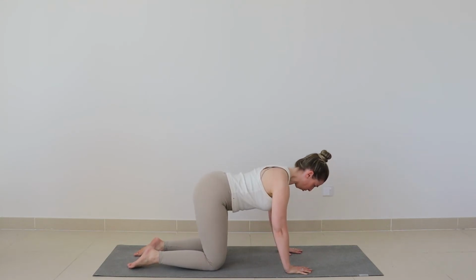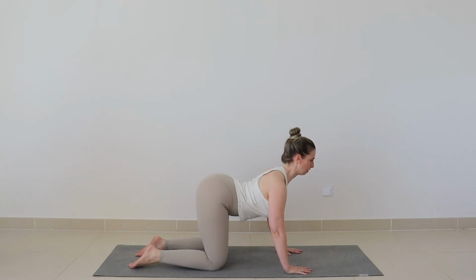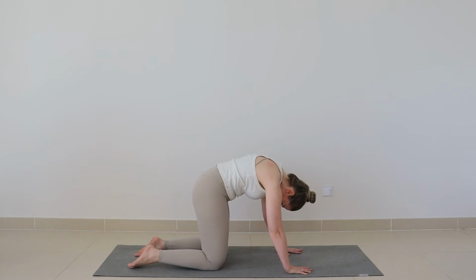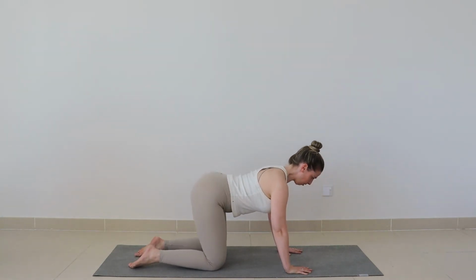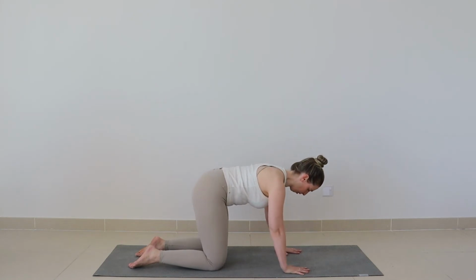We inhale, roll through neutral. Into extension, we lift the chest, we lift the tailbone. Just think about the shoulder blades sliding down away from your ears. And again, we round the back up. And release. Good. So all fours kneeling is another really great position to work in if you're working with a